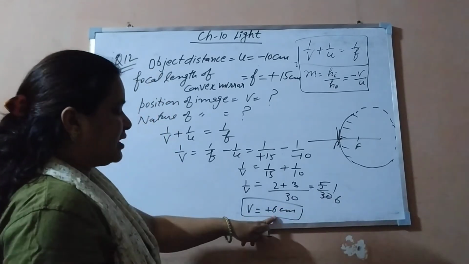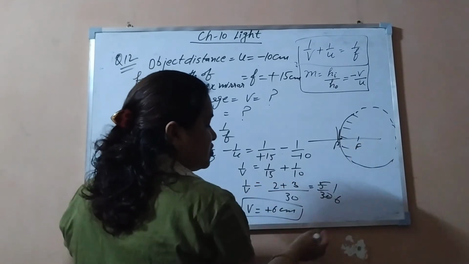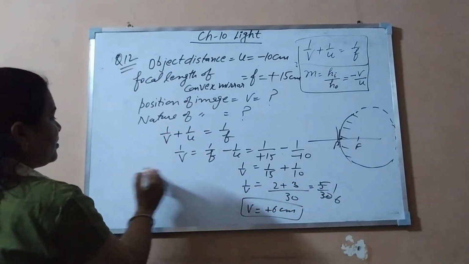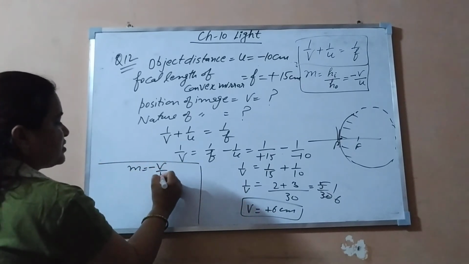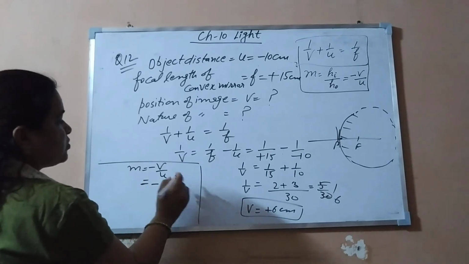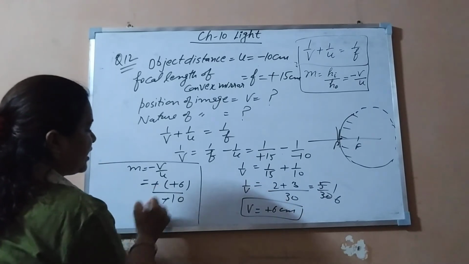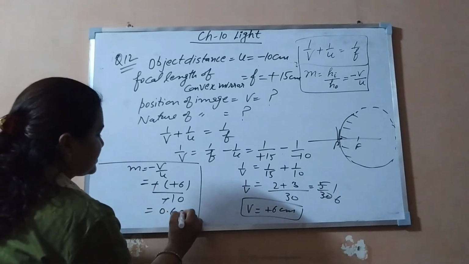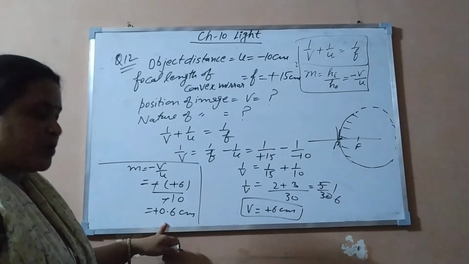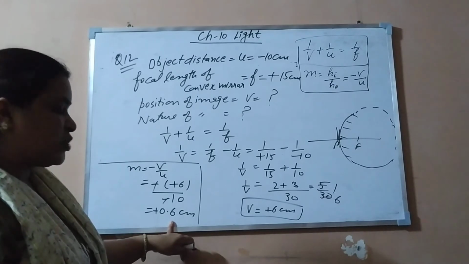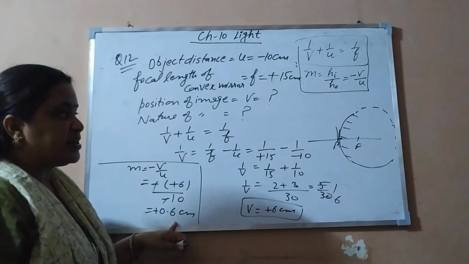What is the meaning of v plus 6? Plus means behind the reflecting surface. That is the right side. So it means it is virtual. And moreover, we can calculate the magnification for the nature. That is m is equal to minus v by u. Put the value: minus, what is the v value? Plus 6. And what is the u value? Minus 10. The minus signs cancel out. So it is 0.6. So it is positive. So what does it mean? Whenever magnification is positive, we can say that the image is virtual and erect, and this value is less than 1, so we can say that it is a diminished image.